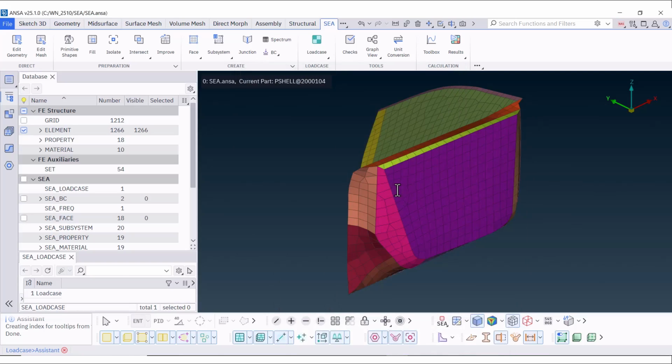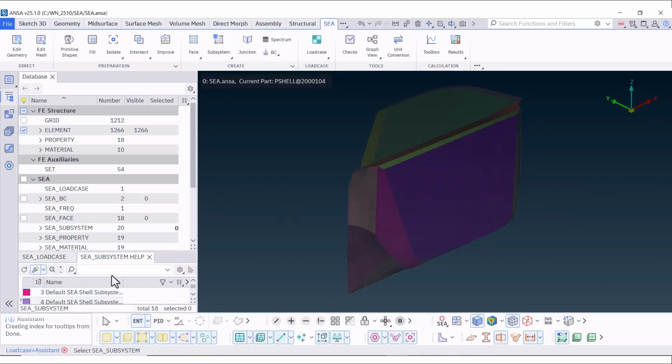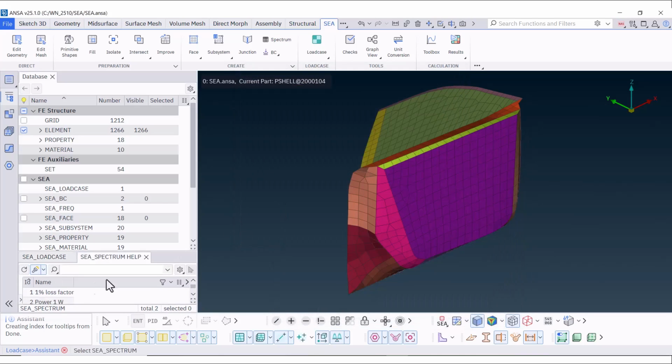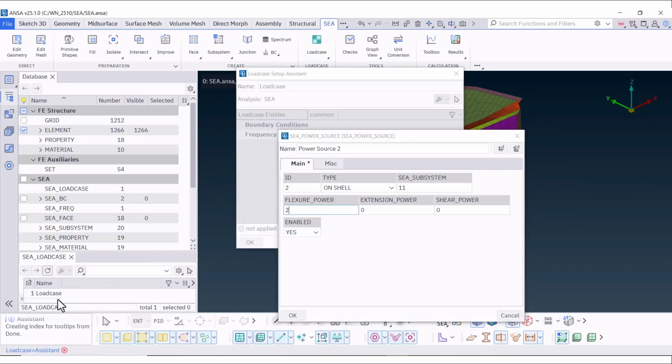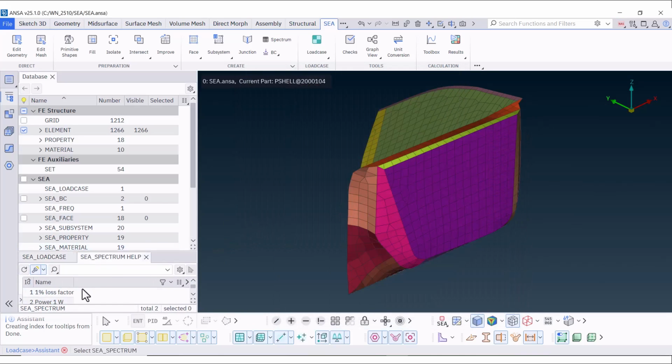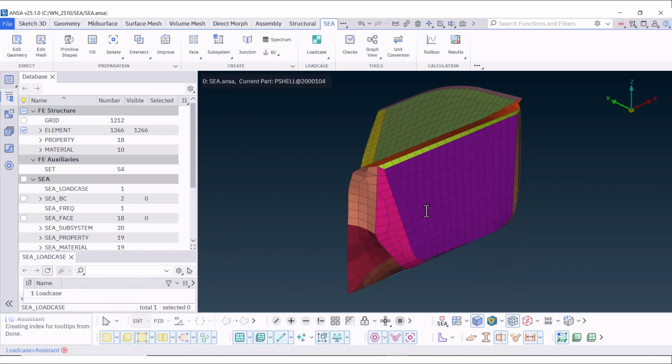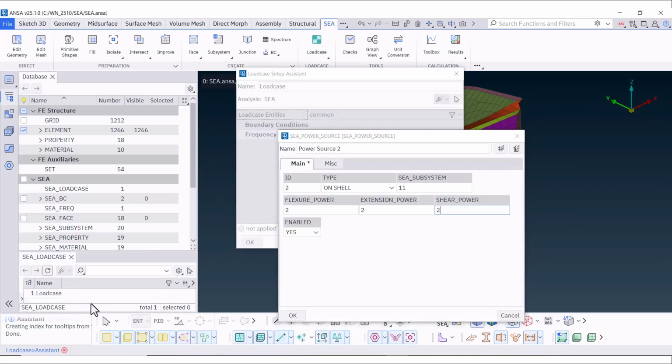Select the subsystem where the boundary condition will be applied, and define the tables for flexure, extension, and shear power. Press OK.